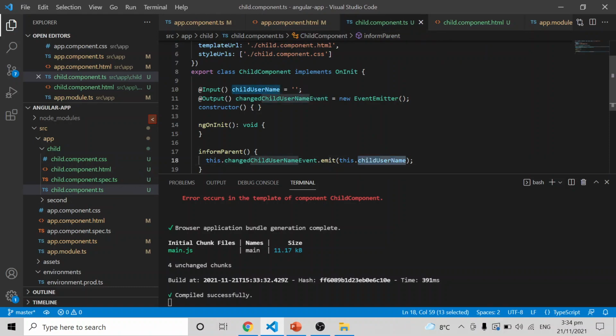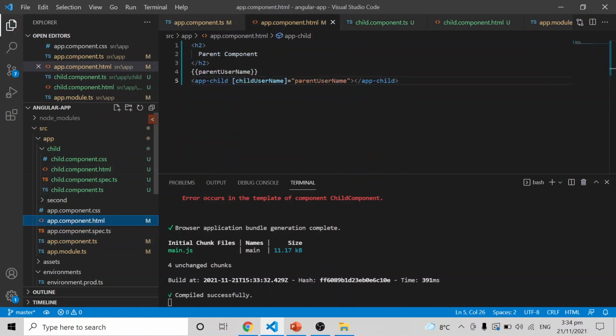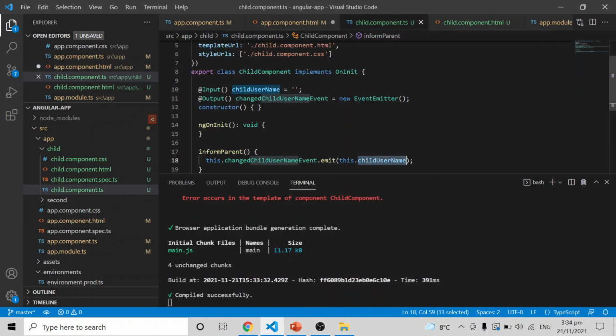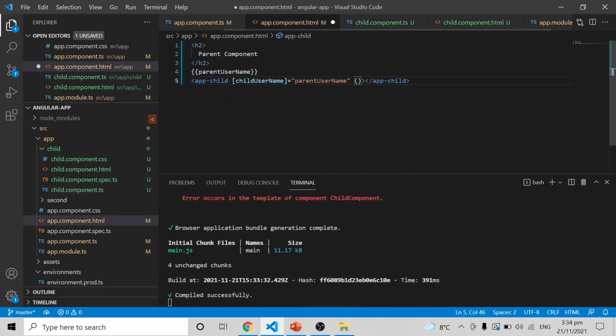Then the next step is like I have to get this particular event in the parent component, in the same section. So normally the click event is mentioned like this way, right? Here we have created a new event. So this is the event name. So the same way as click, focus, or blur, you have to mention the event coming from the child, and when this event happens, you have to call a function. That function name you can give here.